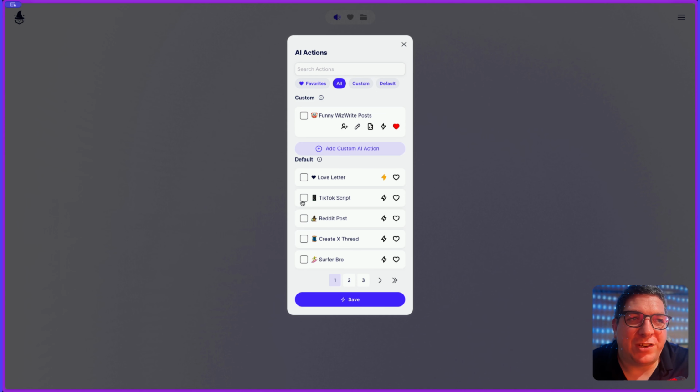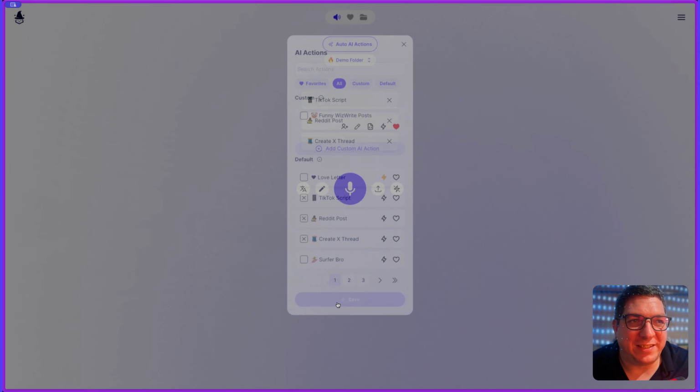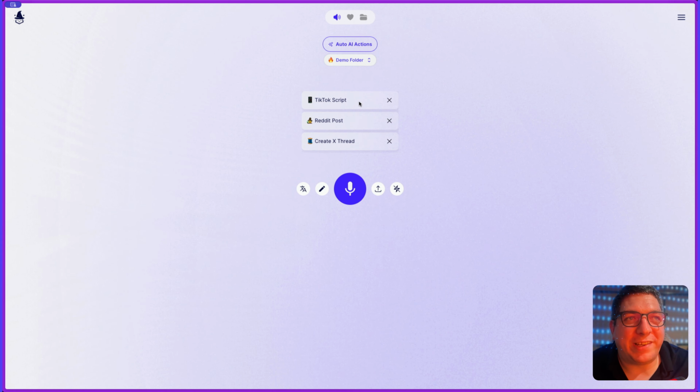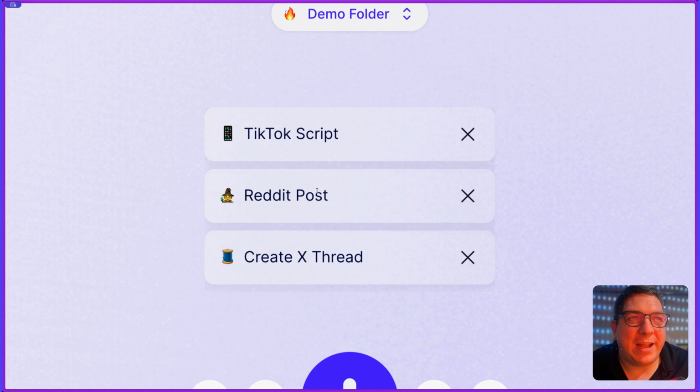What I'm going to do is I'm going to choose the TikTok script, I'm going to choose the Reddit post, and I'm going to choose the X thread. And I'm going to create a piece of content about investing in Apple as a stock. I'm not a financial advisor, and how it is a better bet than going for dividend companies, because the growth that Apple gives you is going to be higher than what you can get from dividends usually within the stage that Apple is at. So I can hit save on this,